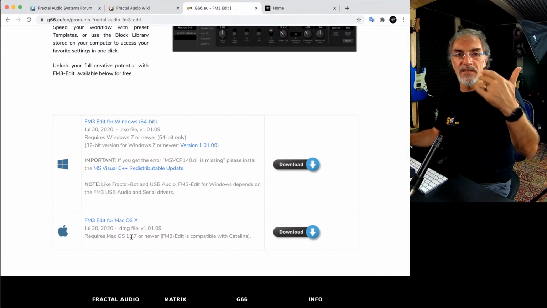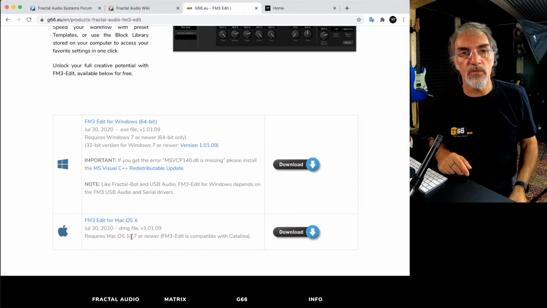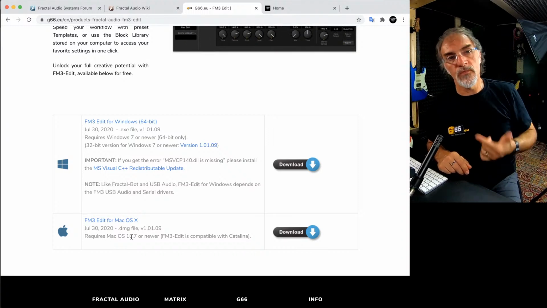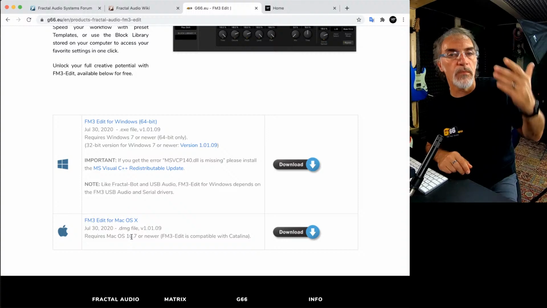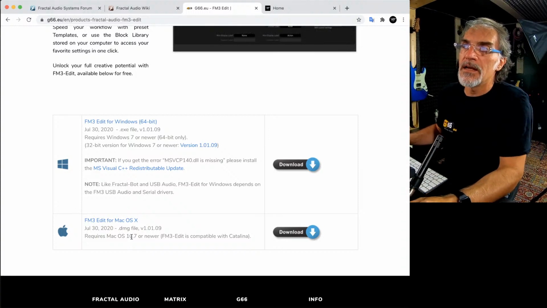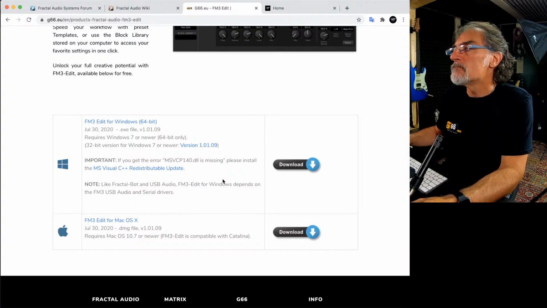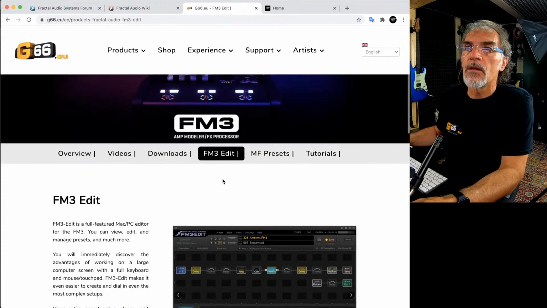Typically the editor automatically recognizes if there is a new version and asks if you want to install the update. I recommend you, of course, install the latest version to get the new features of the new firmware. Very well. Okay.